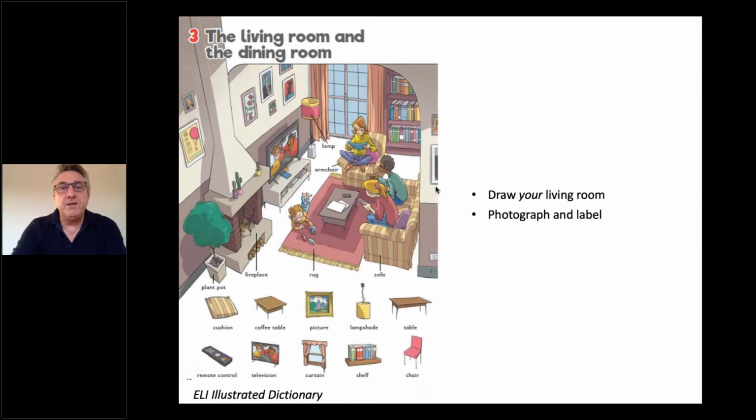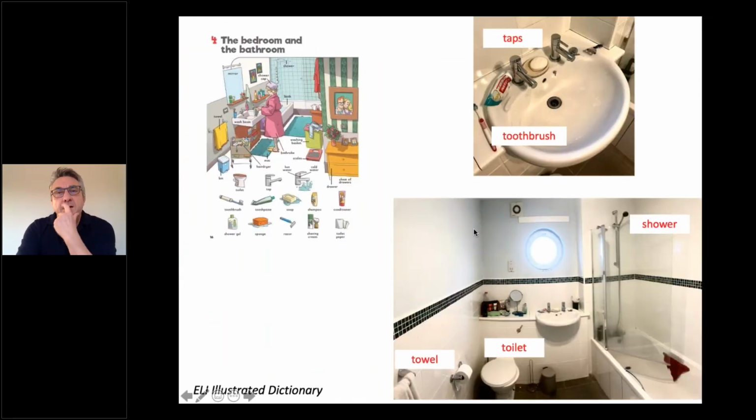Or they could take photographs and send them to you with labels, because you've been teaching the vocabulary here. Maybe you could get some other words for things that they have which are not in the dictionary, and then they could maybe label them. I'll show you what I mean. I went upstairs to my bathroom and I took this picture of my sink, and I took a picture of our bathroom, which I cleaned before I took a picture, so that you think we're very tidy upstairs. And then I just put little labels on: shower, toilet, towel.